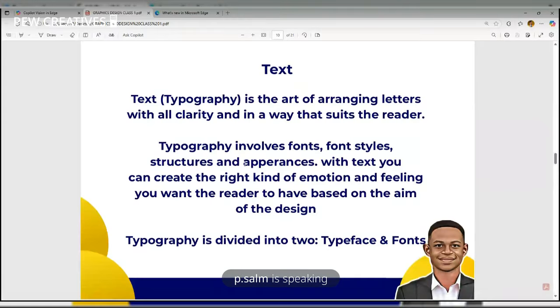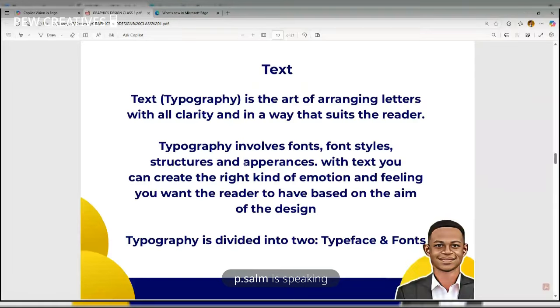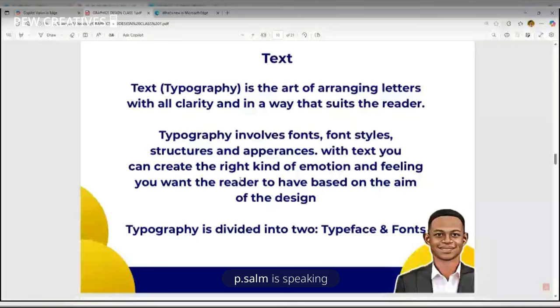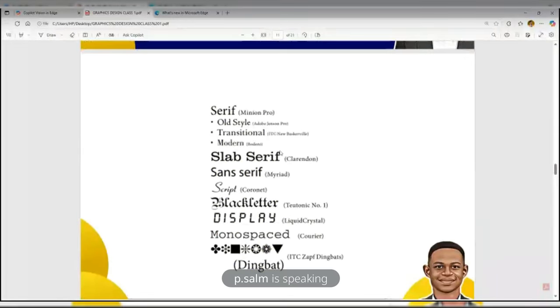So you should know when to use Times New Roman, know when to use Calibri, know when to use a script font. There are different kinds of fonts. There are even plenty, like millions of fonts. The ones that men made, the one that